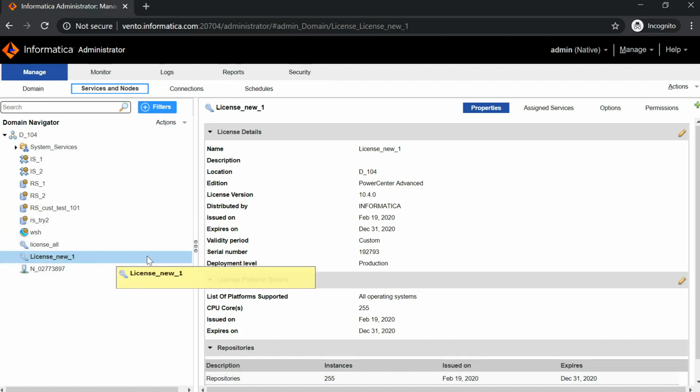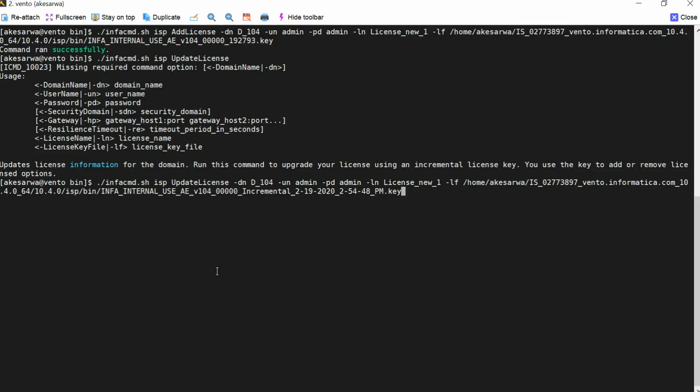We'll just see how to add an incremental license key as well. Here you have to use the infacmd isp UpdateLicense command to add your incremental license key via command line. All the arguments are mostly the same, like the domain name, username, password, and you need to make sure that you are providing the same base license key for which you have got this incremental key.